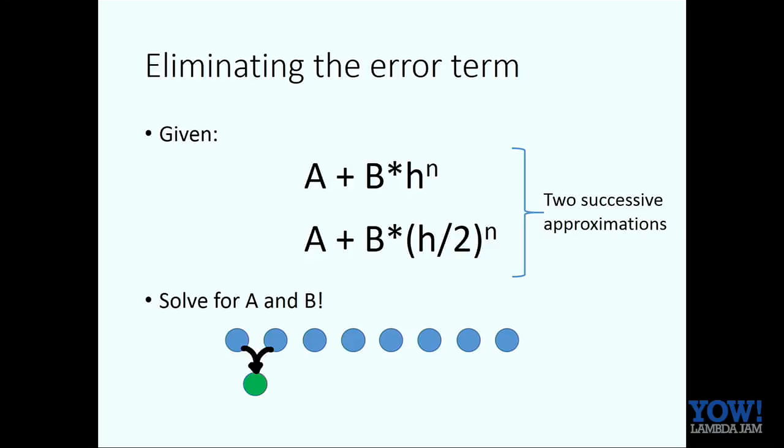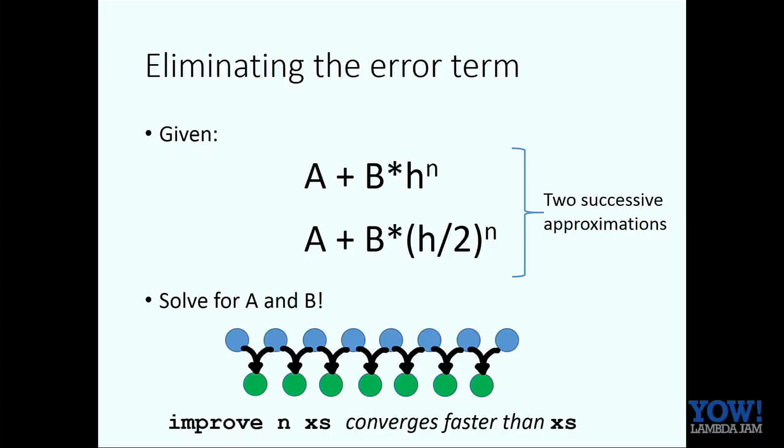So what happens here is that if I take the first two elements, I'll get the right answer. But if I take the next two elements, I'll get a better right answer. And so I can take this sequence and construct a whole new sequence of right answers. They're more and more accurate right answers. But the point is that this sequence converges much faster than this one. It's a better numerical method with a higher order error term. And I can write a function that does that.